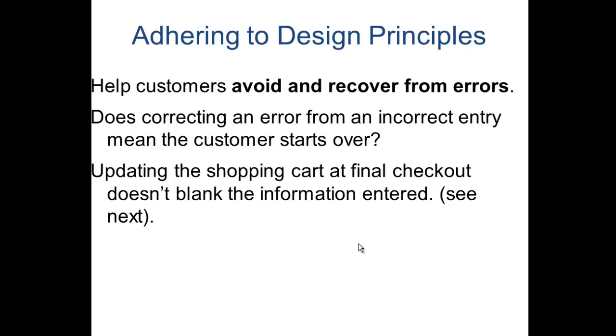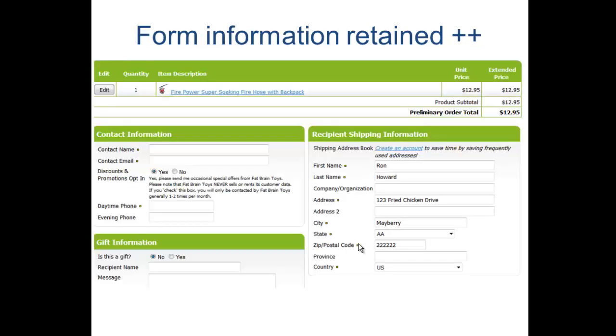An example of that, again, is updating a shopping cart at a final checkout. When the customer goes back and edits that quantity, say they have 2 in their shopping cart and they only wanted 1, when they go back to change that, do they lose their information